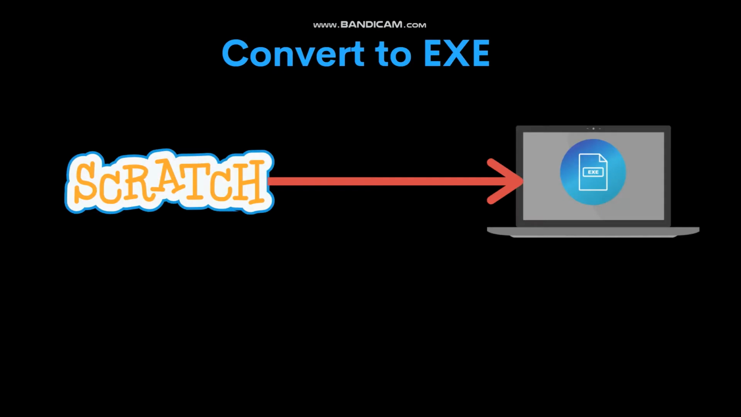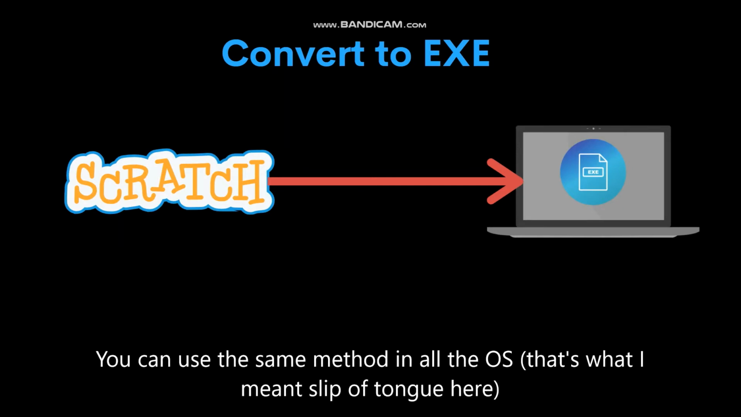Now let's see how to convert your Scratch game into an exe. This is a very easy method. The version of Scratch we are using is Scratch 3. Whenever you save your game onto the computer, it will be saved as an SB3 file, that is the Scratch 3 version. I have seen some videos where you first have to convert into a Scratch 2 version,